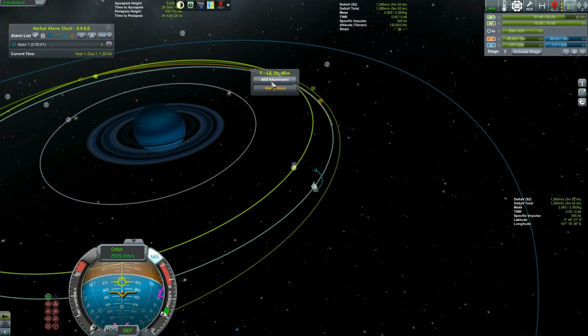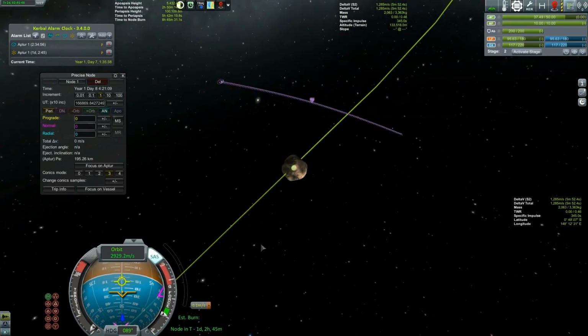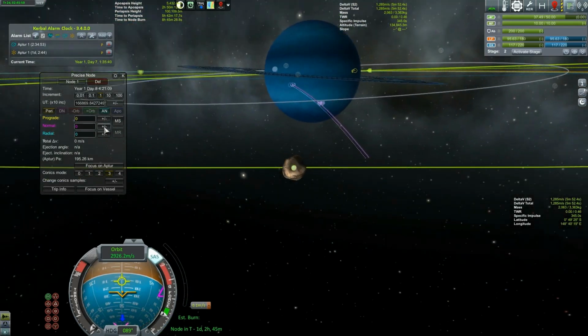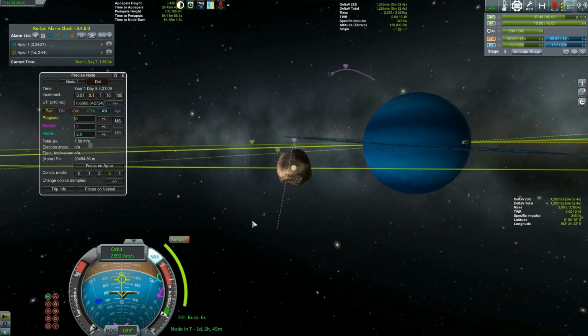So right here, a day and 2 hours from now, we're going to want to add a maneuver. And we're going to want to burn south. So it shouldn't be that expensive. It's a nice polar orbit,